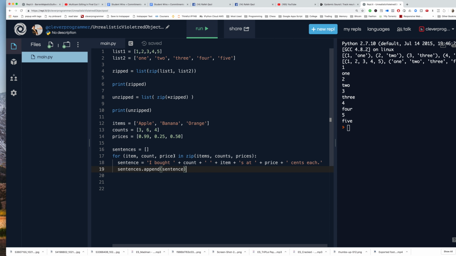However, when we get these 3 elements here, this is still a string, this is still an integer, and this is still a floating point, a decimal point number. So what we actually have to do is convert all these to strings by casting them. So we could just go like this, stick it in like that, which is what you could do on all 3, but I might do it like this because it just seems a little bit